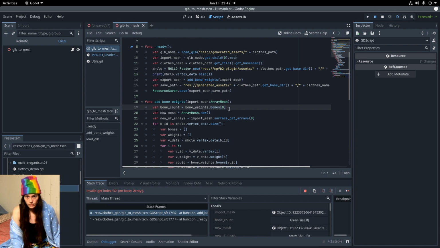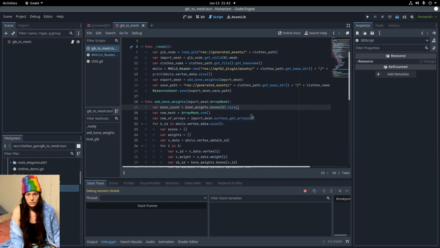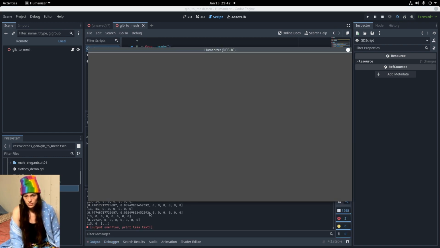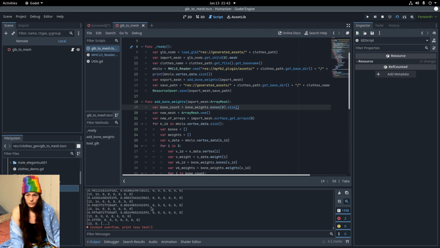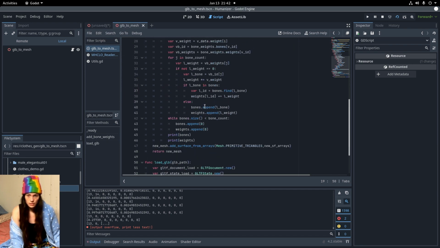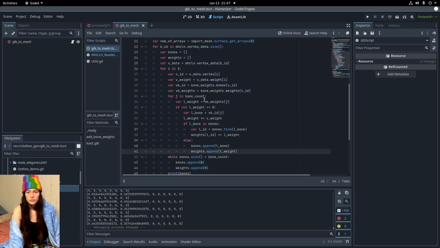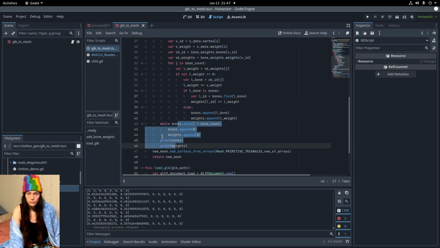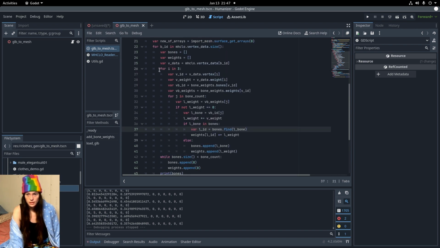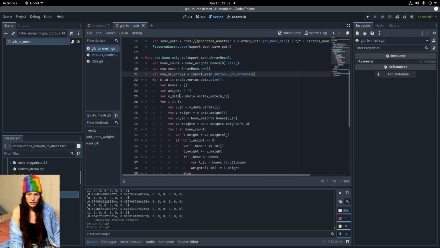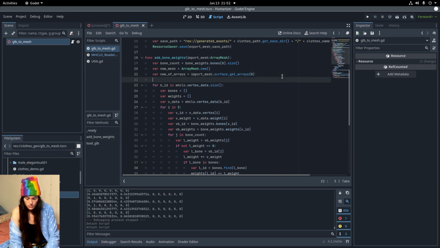So the dot size on the bone count. Now you can see that it's filled in the rest of the bones and weights with zeros. So now it's in the correct format to add to the surface arrays. And the while loop needs to move over a tab so that it's outside of the inner loop. So before I can add it to the surface arrays, if I just print the new surface arrays